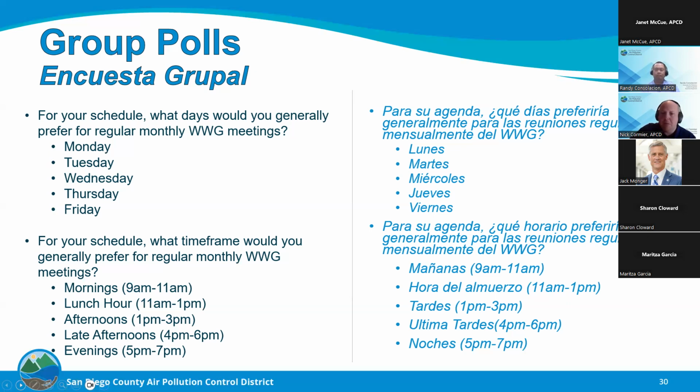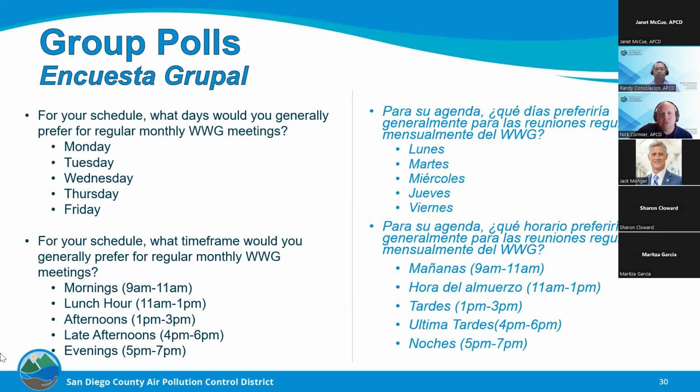We have a couple of categories to respond to. We can do mornings, which would generally be 9 to 11, over a lunch hour, which would be between 11 and 1, afternoons, which would be between 1 and 3, late afternoons, which would be generally 4 to 6, and then evenings, which would generally be 5 to 7 p.m. So we'll go ahead and bring up the poll, and we'll see